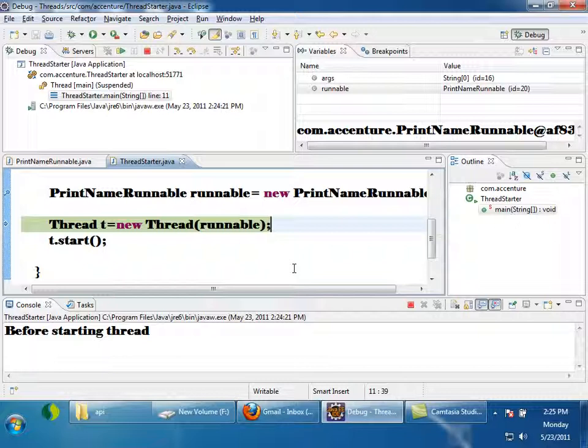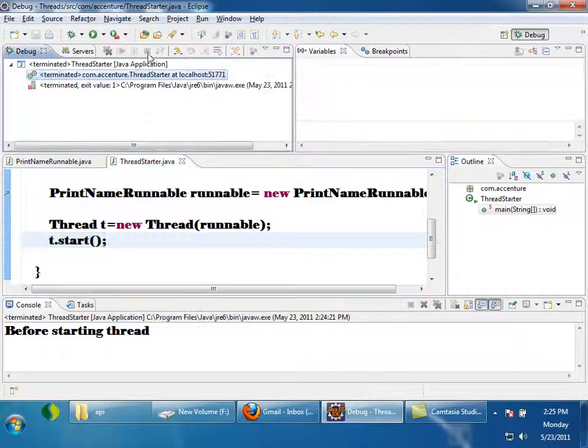This will create a thread object. Okay, F6. This will create a thread object only. A new thread is not started yet. As I told, thread class is having a method called start. Inside the start method, there is some code which will ask the operating system to start a thread. Okay. So a new thread will start.